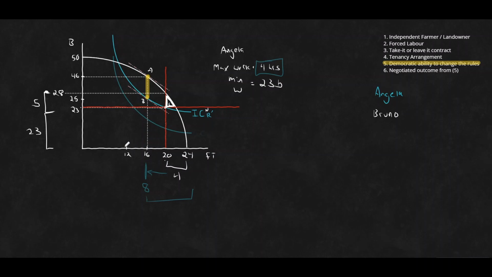However, what I want you to keep in mind is that if we had a scenario where we dictated that the maximum number of hours you could work was 12 with a minimum wage of 23, well, in this case here, we would be back just to where we used to be, because that would be lower than what was available to us, what we were willing to do underneath the take it or leave it or tenancy agreement. So it really does depend on where this feasibility set works out versus that Pareto efficient point.